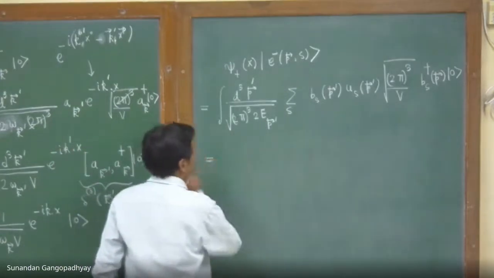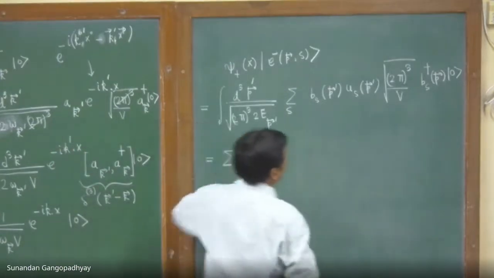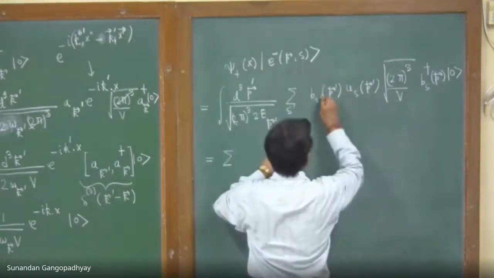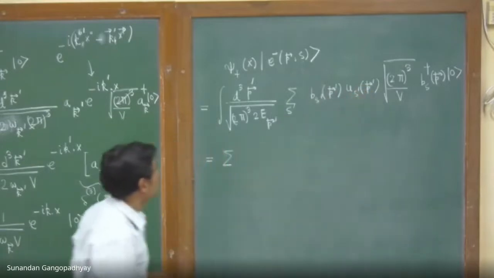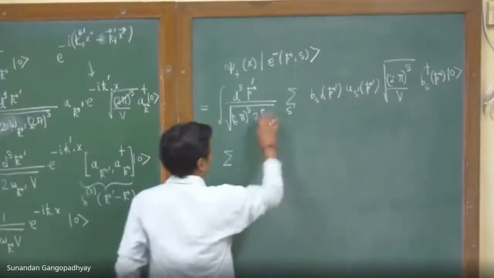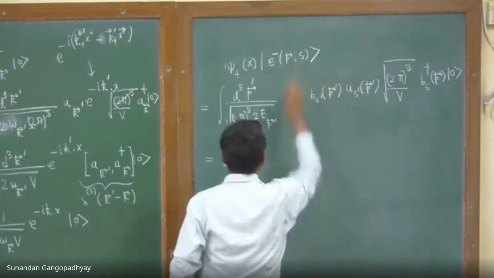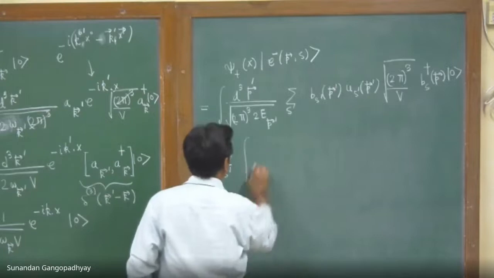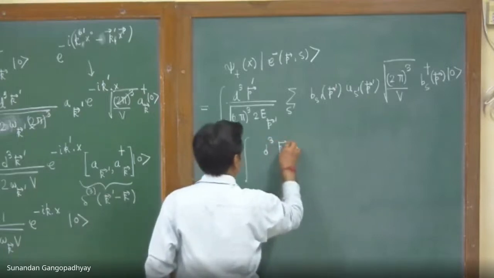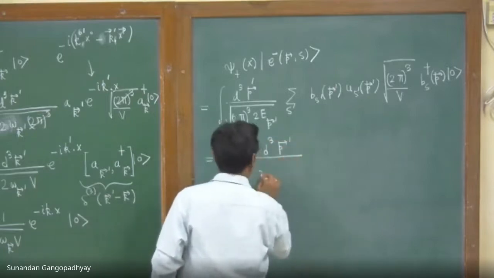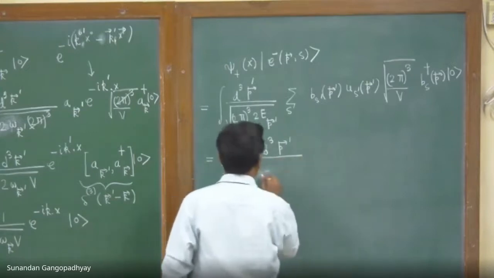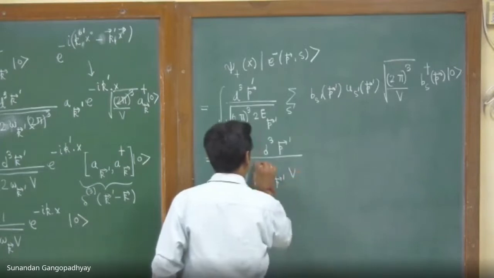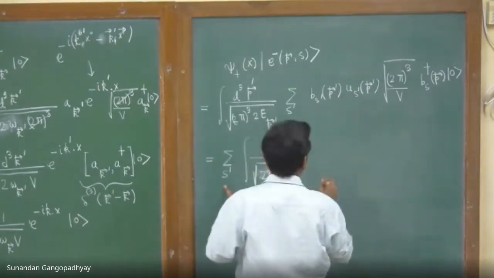And then I can take the summation outside. By the way, this summation will be S prime because this is S. So you have to just change this to S prime. Okay? Because these are dummy. This is the S that you have. Now you have a summation over S prime. Then you have this integral over P prime. (2 pi)^3 will get cancelled. You will have 2 E prime over V. Then